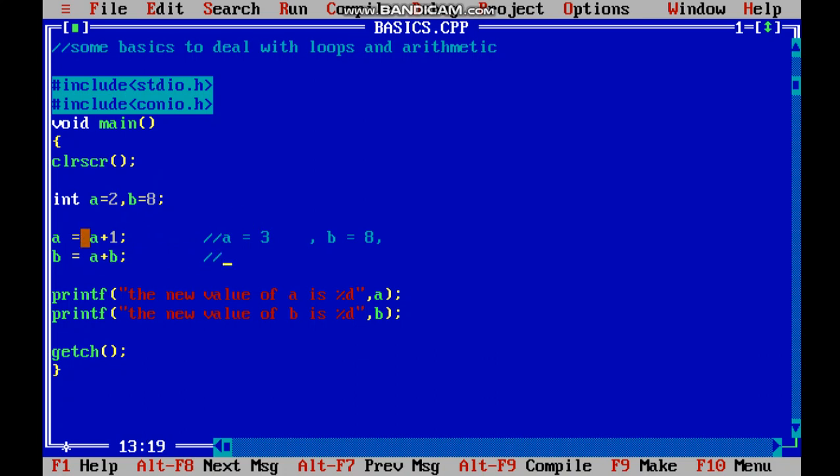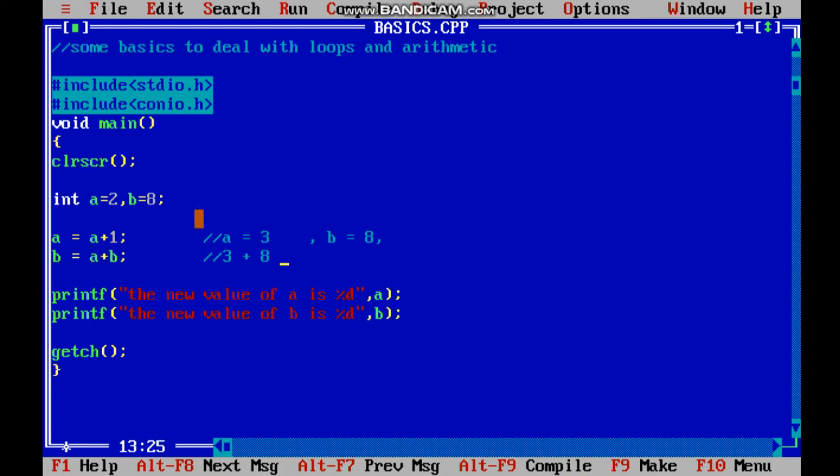For simplicity, I will write directly the value of a plus b. So a now is 3 plus b, right? B is not altered, so the 8 will come here. Now 3 plus 8, that is 11.